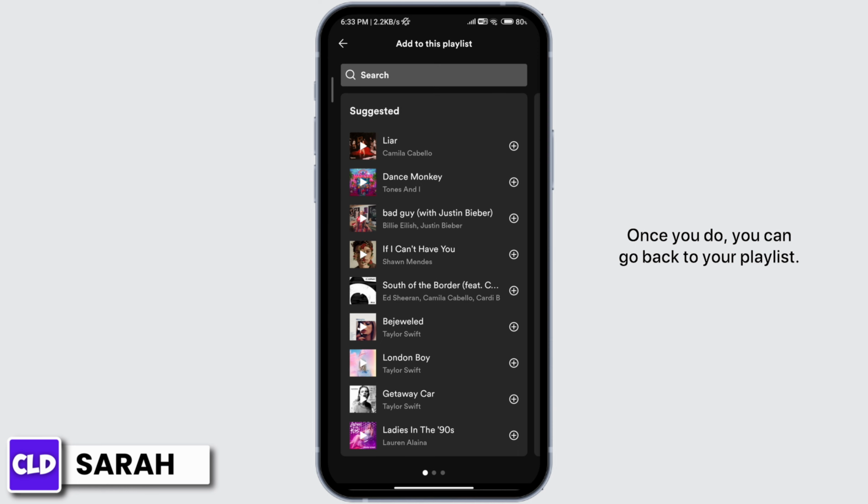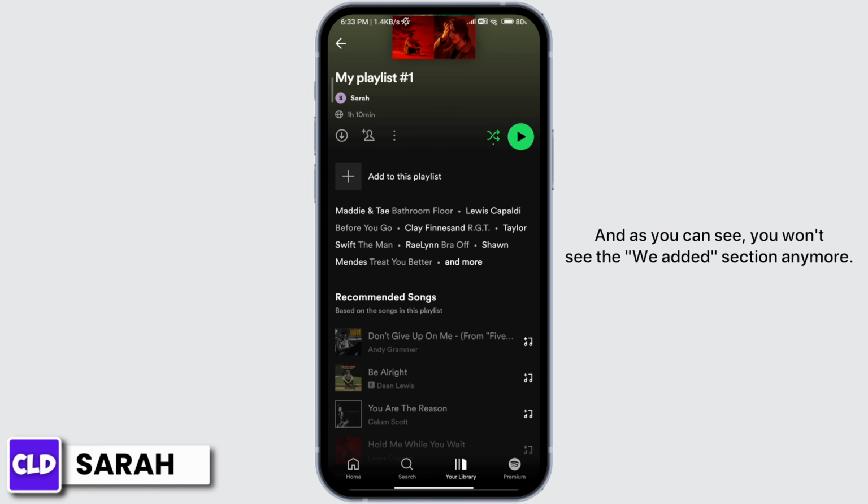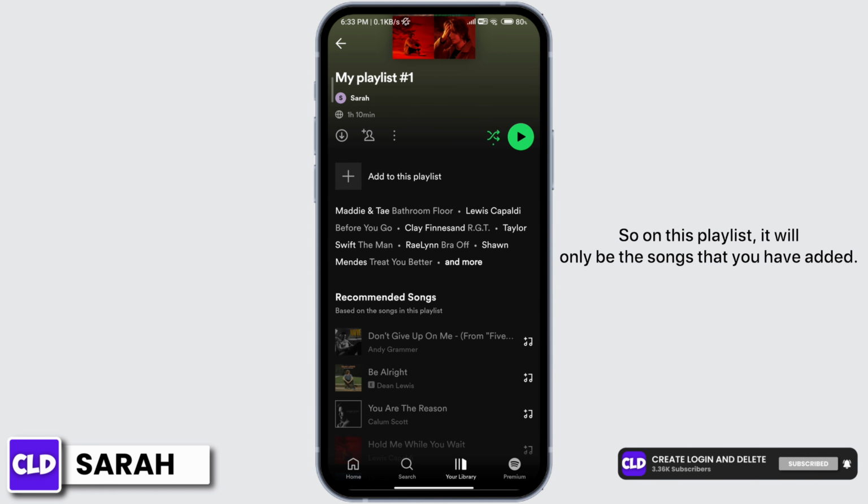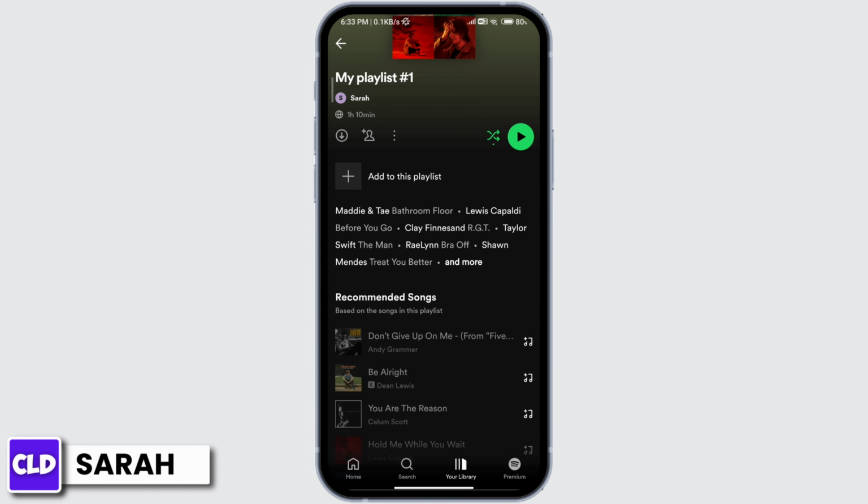Once you do, you can go back to your playlist, and as you can see, you won't see the We Added section anymore. So on this playlist, it will only be the songs that you have added. So this is how to stop Spotify from adding songs to your